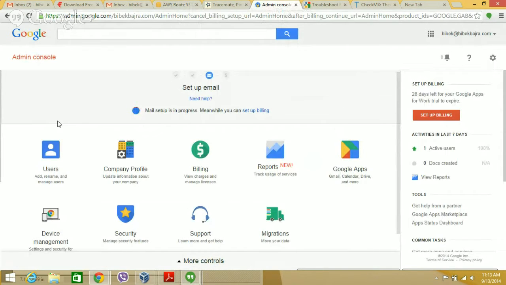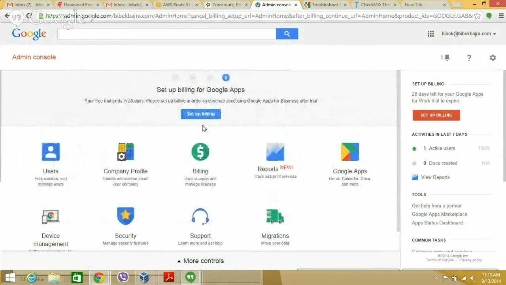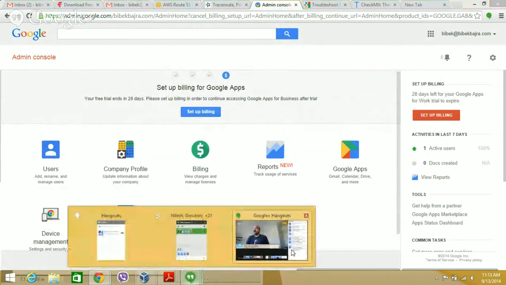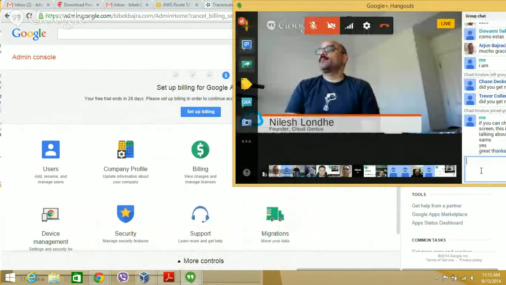And when NW Tools verifies correctly that you have MX records set correctly, then it is done. So you should now send and receive email successfully, Vivek. It worked. Awesome.